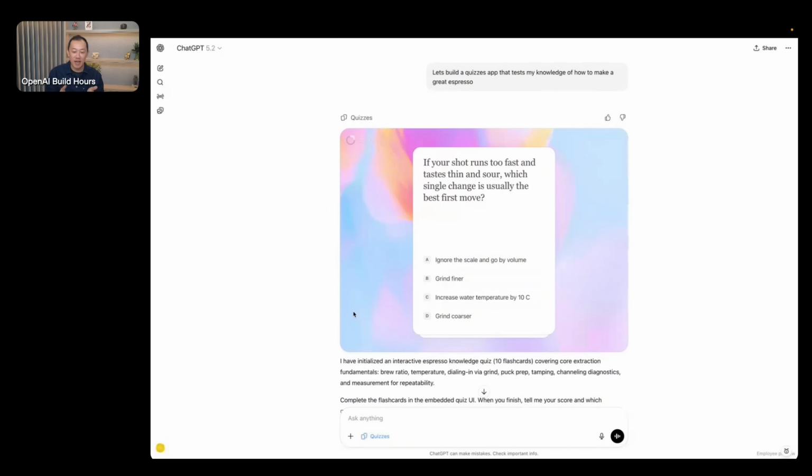You can use the Quizzes app to basically build any type of information that you would love to be tested on and come back to the same chat history and redo those for learning. So yeah, these are just some fun experiences to show you what you can build within ChatGPT. But let's actually go take a look now at the next piece of content. So I'm going to stop sharing my screen.